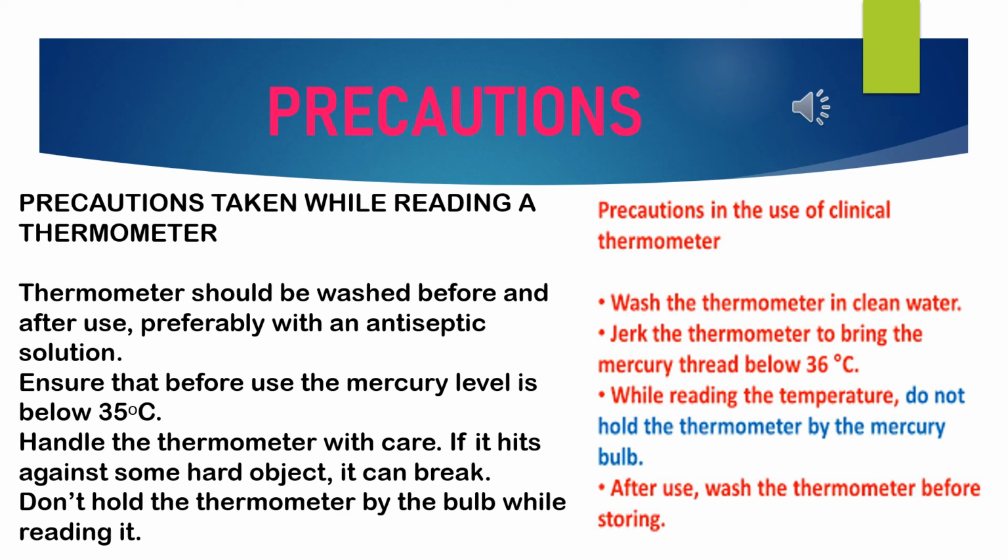You can say, number one, before every use, the mercury must be brought back to the bulb, giving a few jerks to the thermometer. Second, the thermometer must be kept in contact with the body for at least half a minute. Number three, the bulb of the thermometer should not be brought in contact with boiling water or dipped into it. In that case, the bulb would crack. And number four, the bulb of the thermometer is made of very thin glass, and the thermometer must be handled very carefully so that the bulb is not hit against any hard surface.